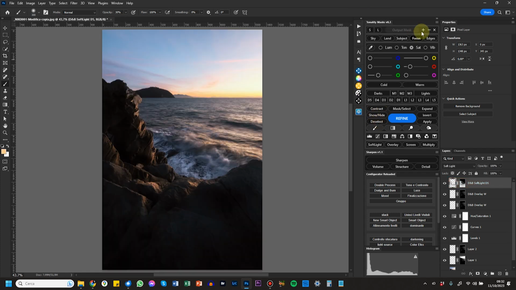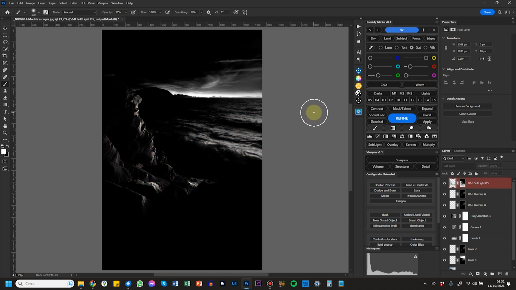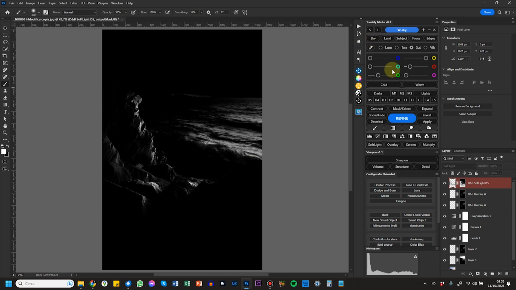Instead, if I want to remove some part from a certain selection, it's very easy. Let's say I want the warm tones, but I want the warm tones of my foreground alone and not from the sky. So I just press minus sky. That way, I have a mask of warm tones minus sky. That means I have all the warm tones, but not the ones in the sky.